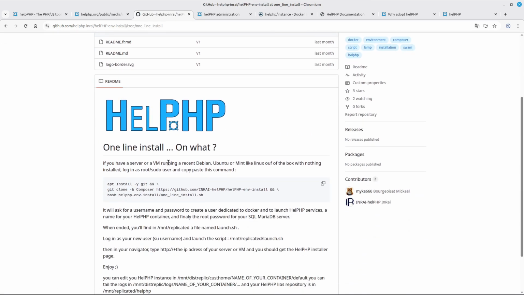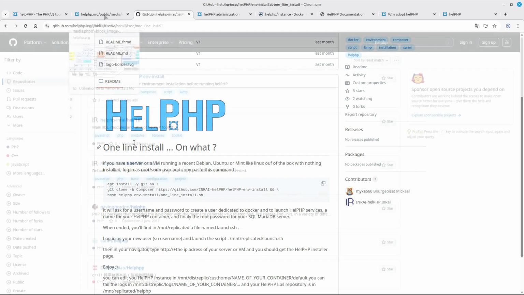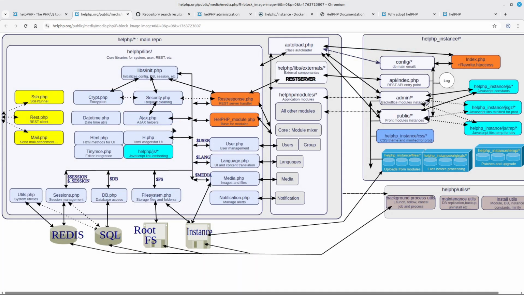helpPHP aims to conserve server resources and will therefore make the best use of PHP 8's capabilities, its opcache, and its environment. This diagram exposes the general organization of helpPHP between the main and the instance. Most of the time we'll try to keep the main components as they are, so they can be cached. So adaptation and customization will be made within the instance, which instantiates the different modules, and they themselves will call the various libraries. So each instance can be customized and adapted according to the resources allocated, especially if it's running in